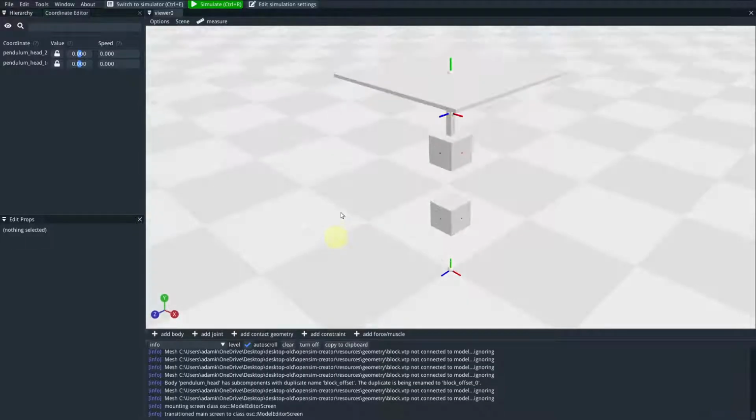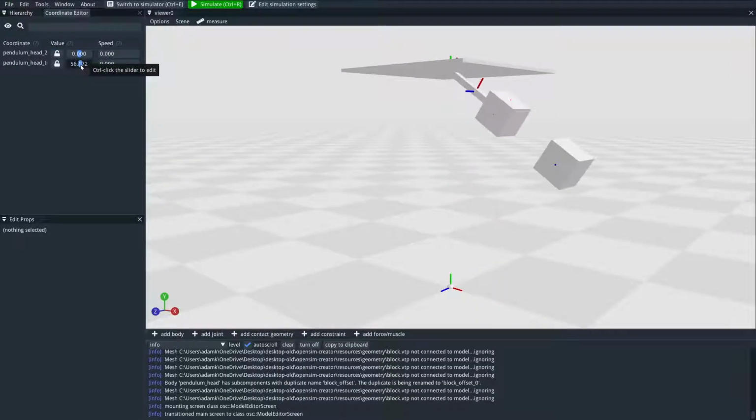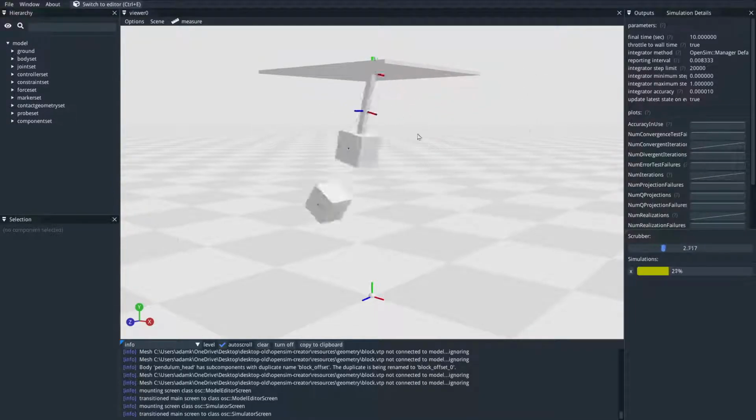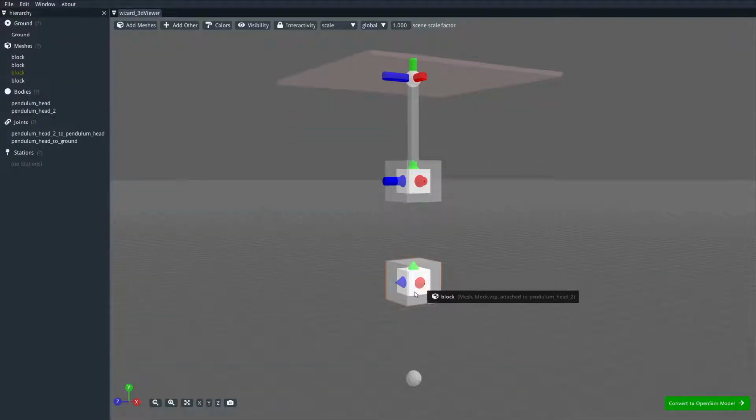And again, we can convert it and we can do something like this. And we can swing it and okay, great. It's looking a bit closer to a pendulum. So back to the importer. And we're going to do the same for this block here. So again, I'm going to